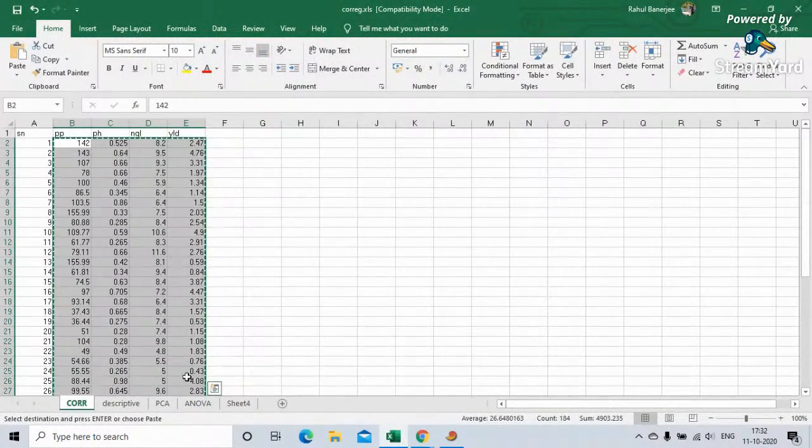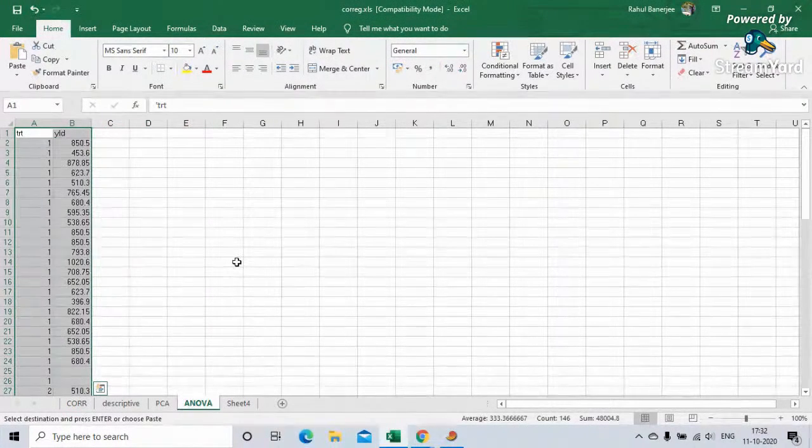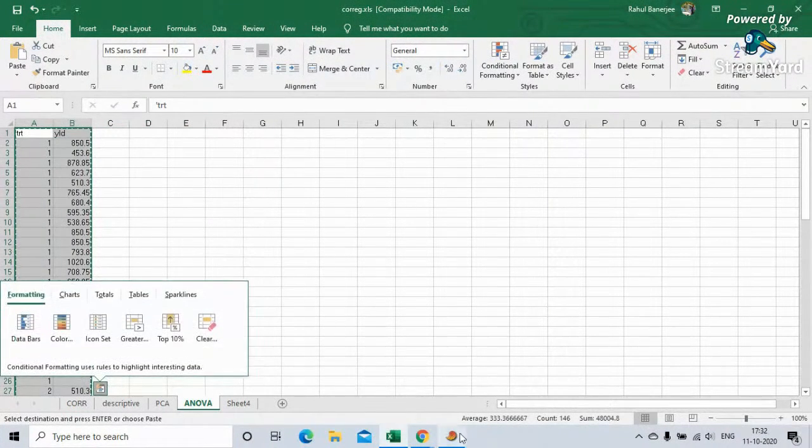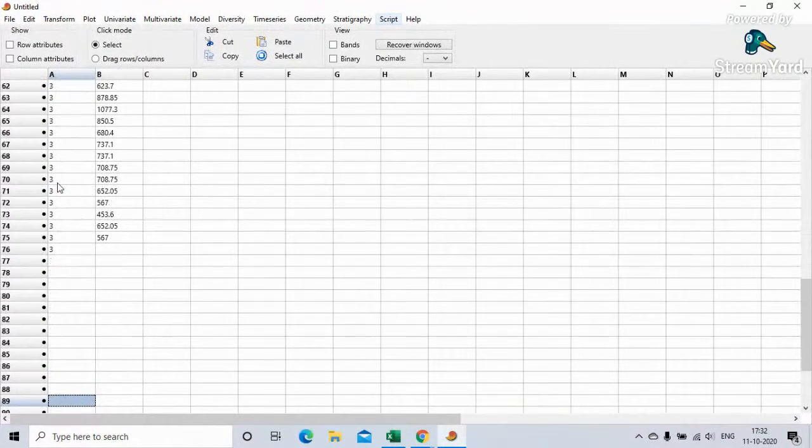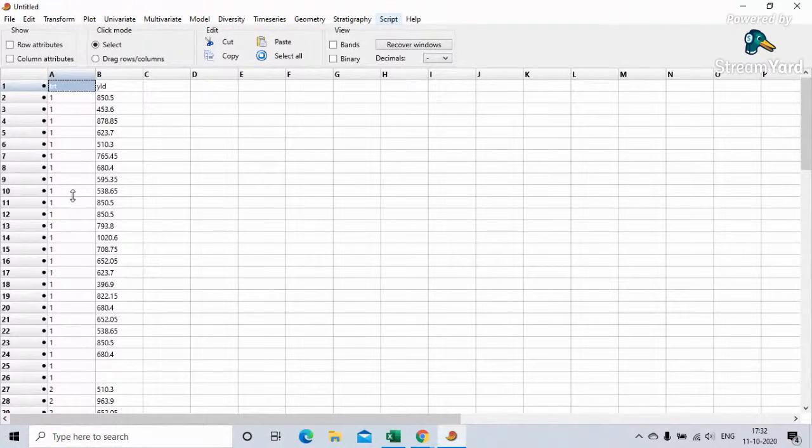Okay, so suppose I want to do a one-way analysis of variance. Here we can see that we have basically 3 kinds of treatments, 1, 2, and 3, and there are also missing observations. We are measuring the sheep wool yield, the data that I showed in the theoretical presentation. So if I want to perform an analysis of variance, I'll select the treatment and